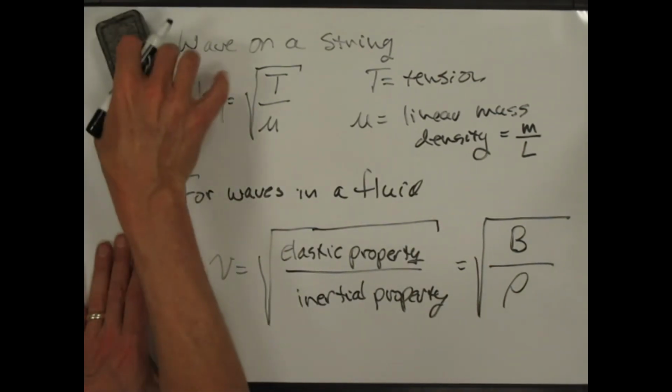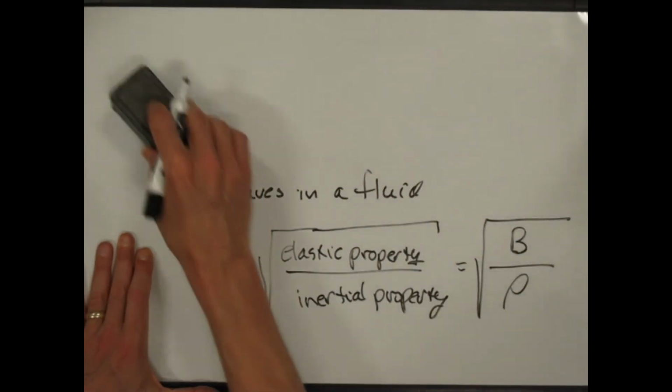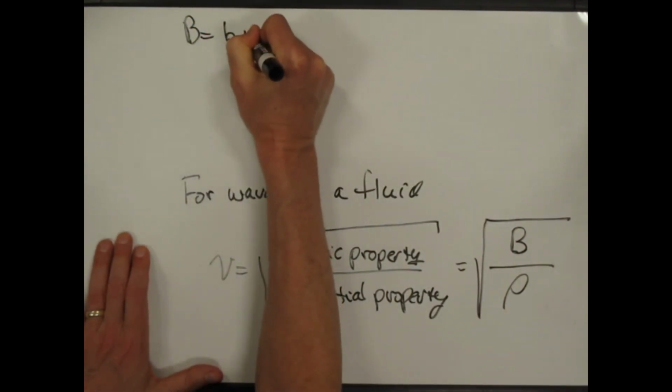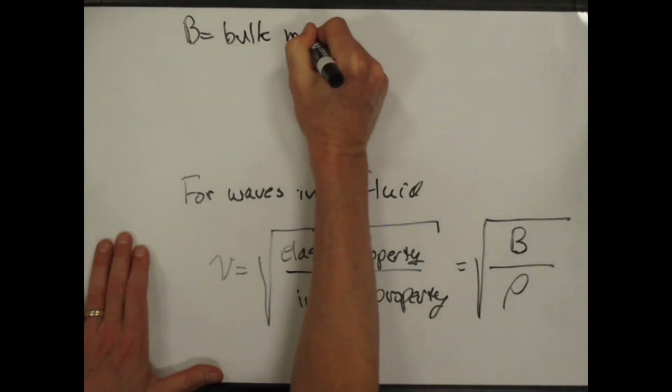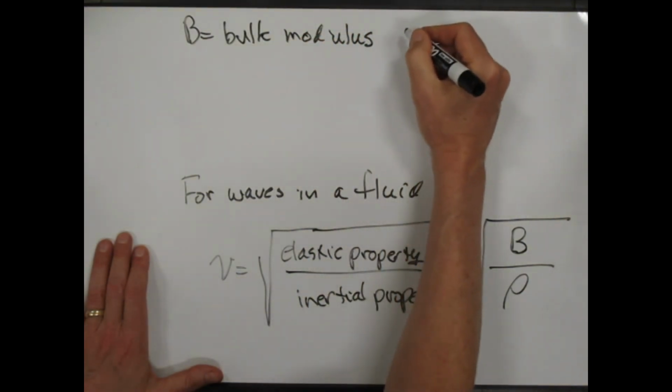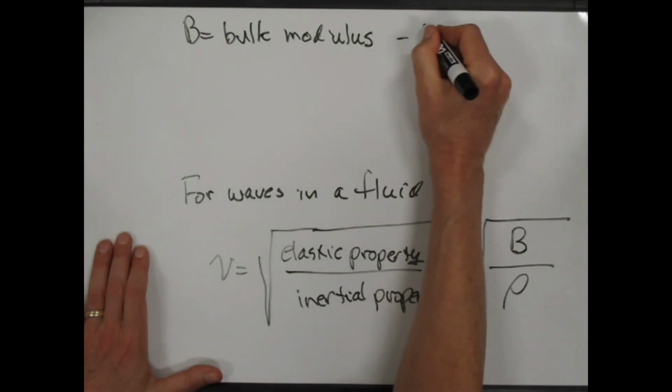And so let me just erase this up here. I'm going to come back to the rope one. B equals bulk modulus. The bulk modulus is just minus